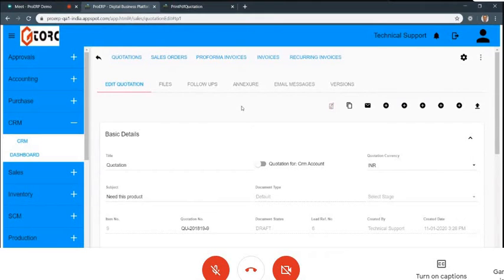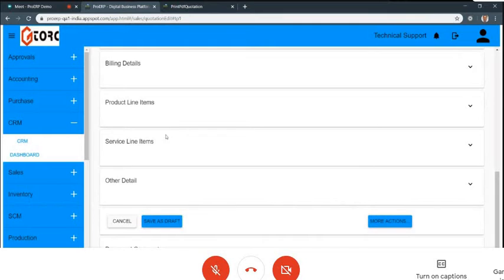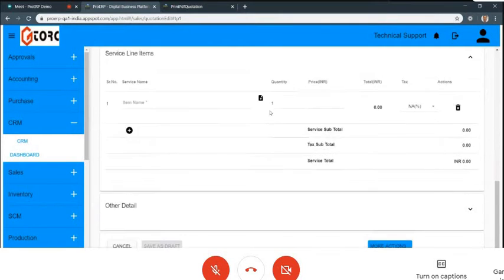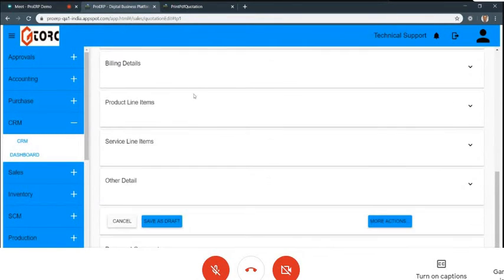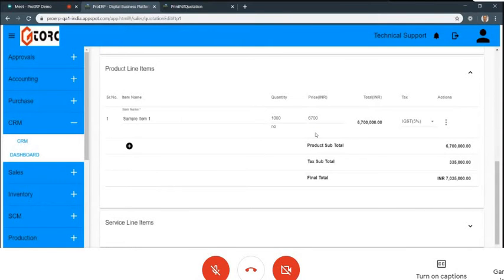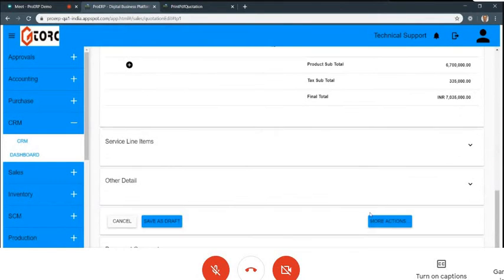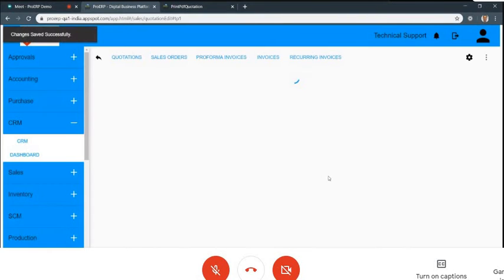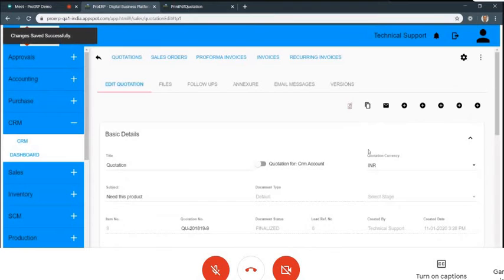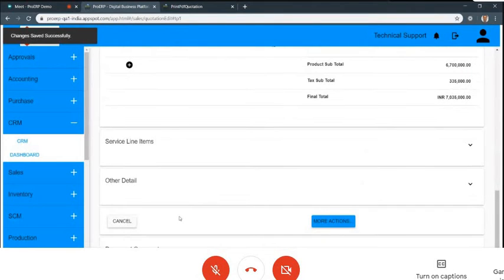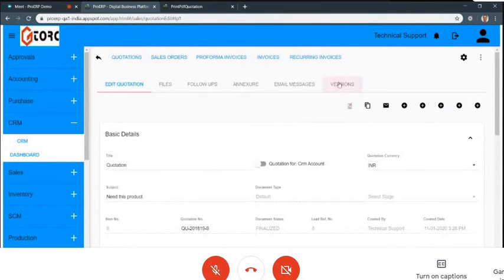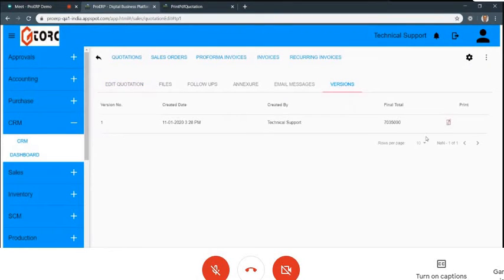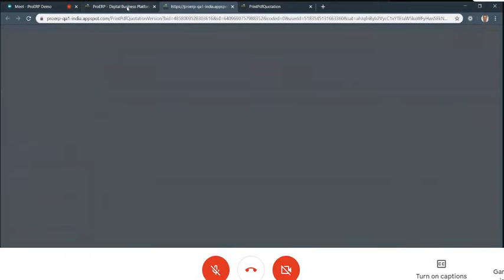Now, let's say the quotation gets revised say 2-3 times, right? So you can keep track of that. Yes. Let's do that. I come here, and this is the price. 6700 is the price I quoted. Saving as a draft doesn't create a version for this. Once it is approved, finalized, and shared with the customer, then this is the first version of a quotation.